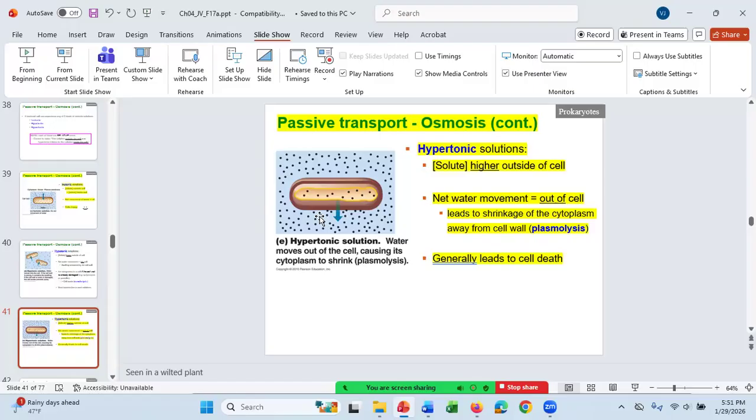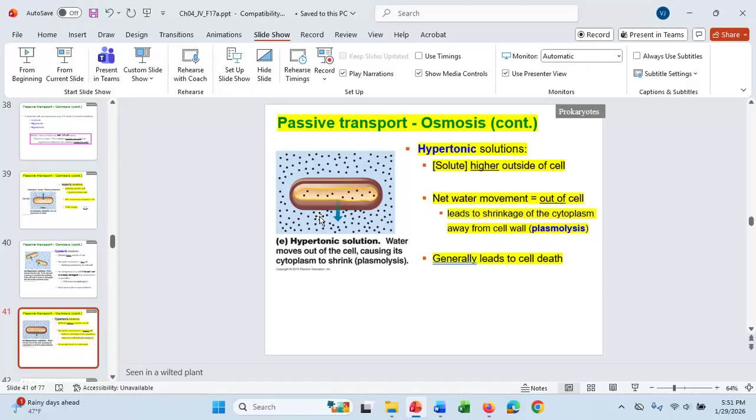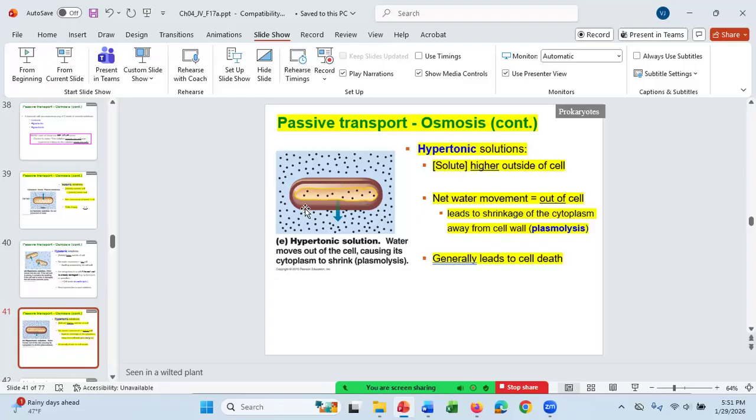So the length of survival will depend on the cell. Staphylococcus species can survive longer than many other cells like E. coli. But eventually a Staphylococcus aureus falling into a bottle of molasses, for example, would eventually die. Eventually even an endospore would die, but as I stated, some endospores can survive for thousands of years in a hypertonic solution. So generally, a hypertonic solution does lead to cell death, but it does depend on the cell.